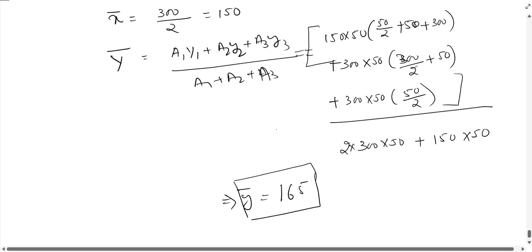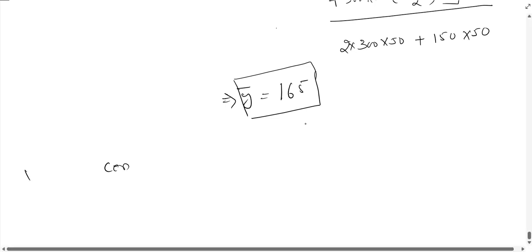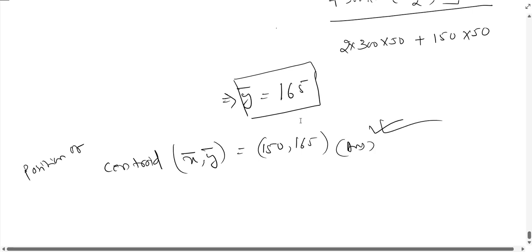So now we have got the centroid. Position of centroid x bar, y bar equal to 150, 165. Answer. Then next question,